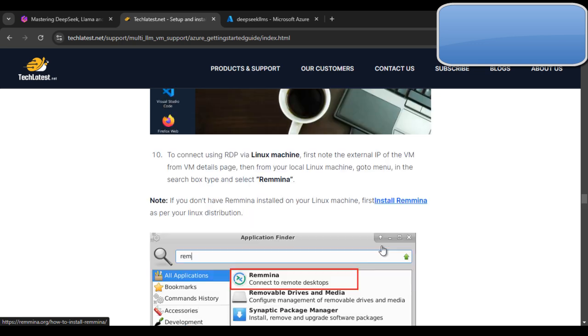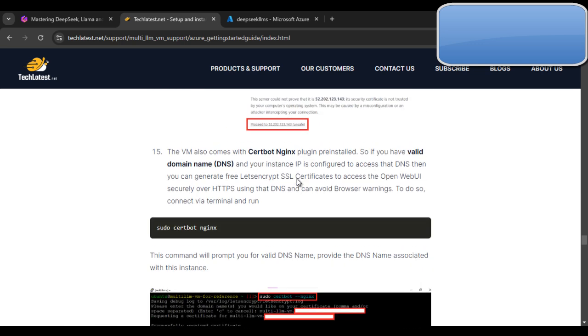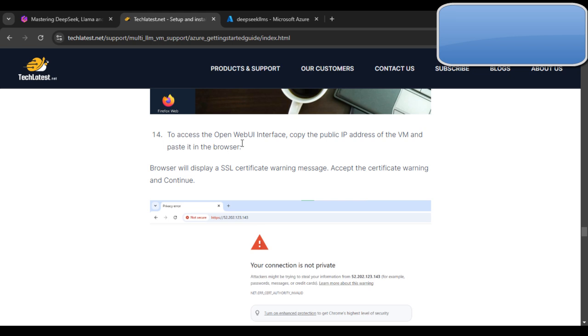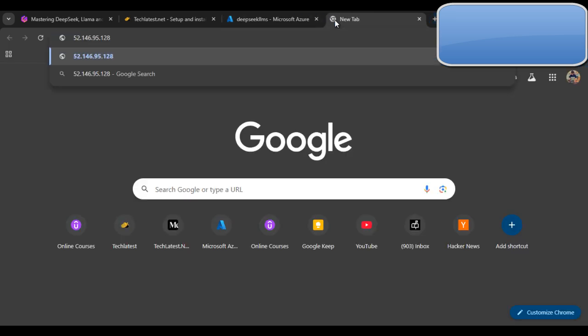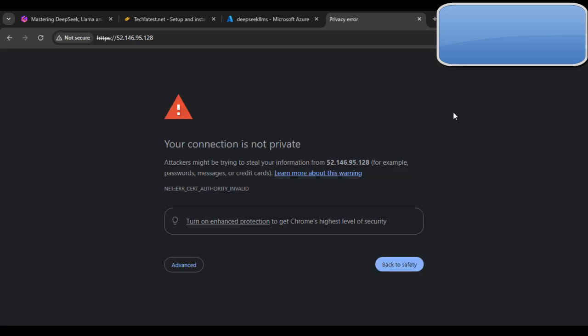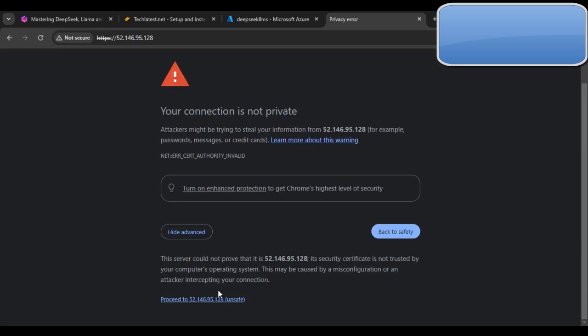Okay, so our next step is to access the open-webui interface. Copy the public IP address of the VM and paste it in the browser. Let's do these steps. Copy this public IP address, open the browser and paste it here, then click on advanced and proceed to this IP. After this, you can see that we have successfully connected to our